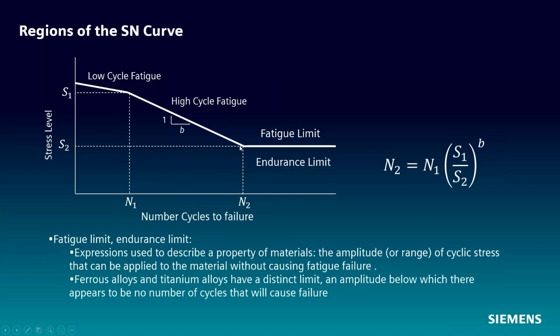So to describe the slope of this in a log format, we use this equation over here, where we have these two breakpoints at the beginning and end of this high cycle fatigue region. So we have a pair for N2 and S2, the number of cycles to failure at this stress level, and N1 and S1, the number of cycles to failure at this stress level at the beginning of the curve. And we can relate all of those with this exponent B, which we refer to as the Wöhler exponent. That all make sense, Pete?